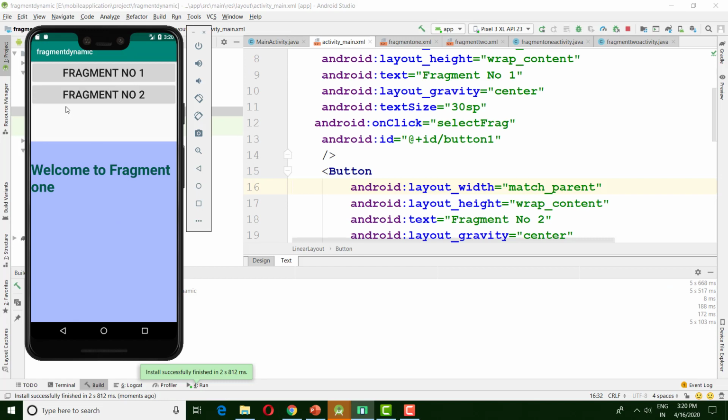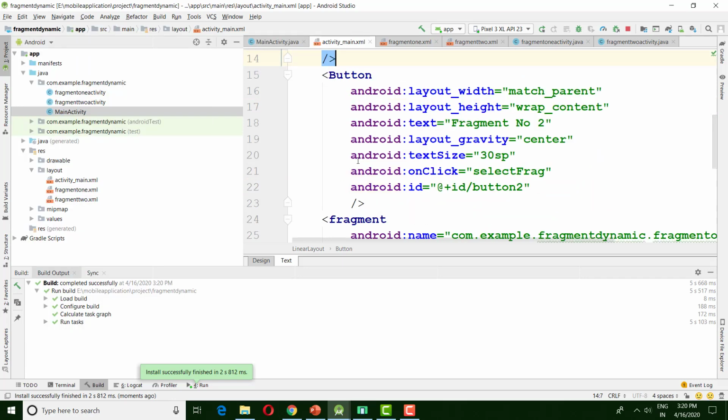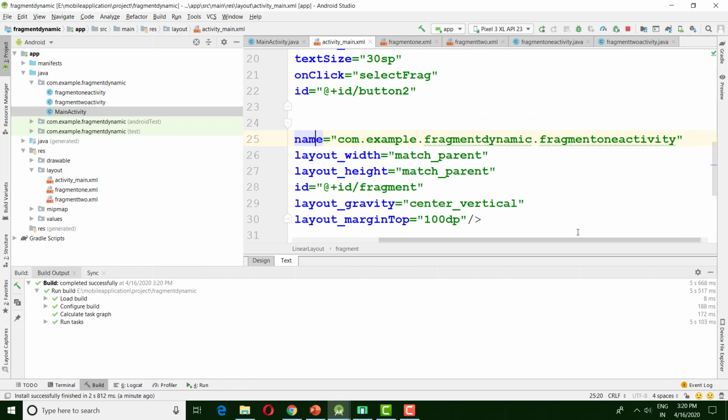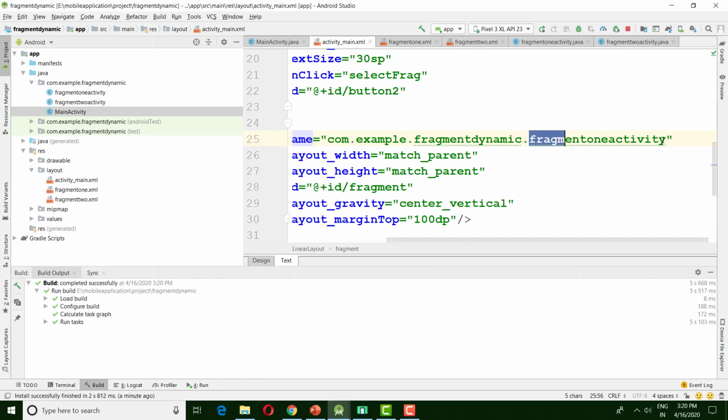After running the project, we can see that there are two buttons, fragment number 1 and fragment number 2. Welcome to fragment 1. This is a static fragment, because in the layout we already defined the name of which fragment we want to host, that is the fragment 1 activity.